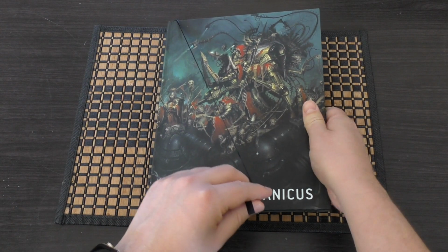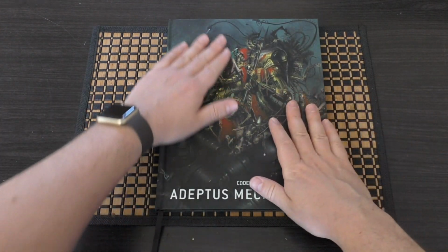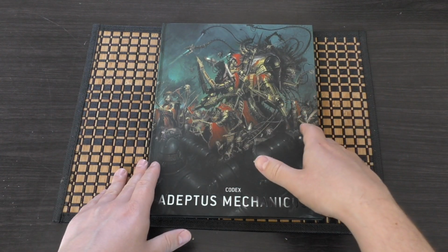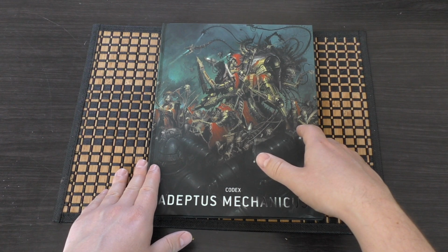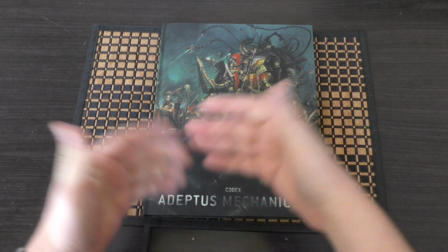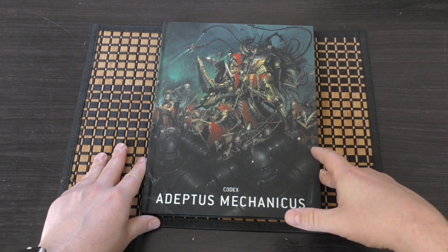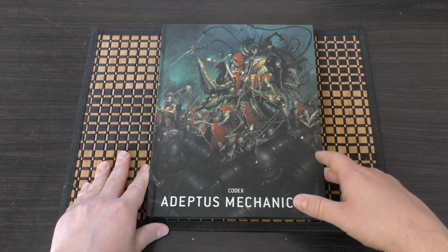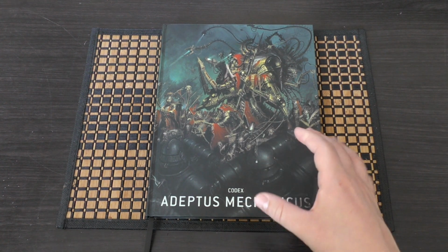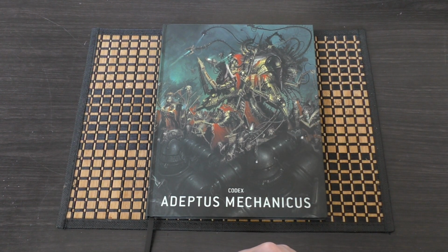You'll see a big glaring omission from this book, and that is knights. No knights whatsoever. It kind of destroys all of the knights that Mechanicus have in their lovely red paint schemes. There's a big push for them, and they're no longer in the Adeptus Mechanicus Codex. Whoever's decision that is, that's a really poor one, I have to say, especially as Adeptus Mechanicus were always quite fragile. They didn't have a high toughness. They didn't have the best saves, they had some potent weaponry, and knights at the time when Adeptus Mechanicus were quite fledgling in their army composition